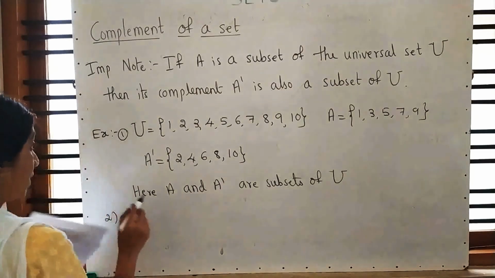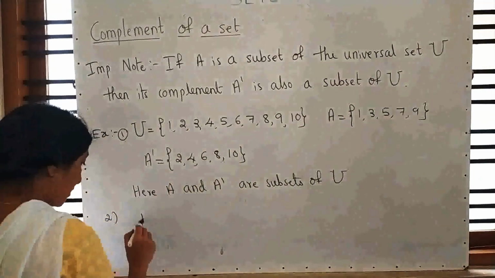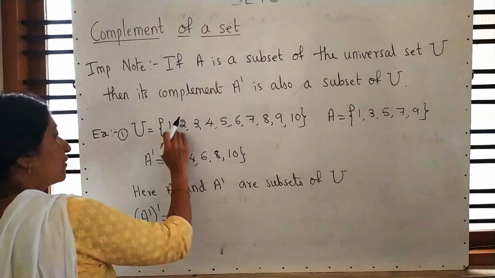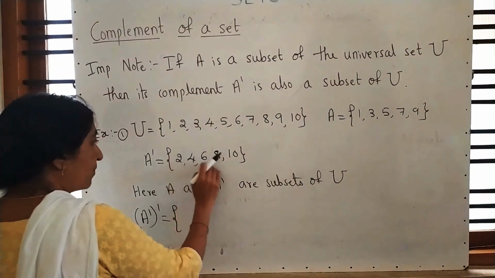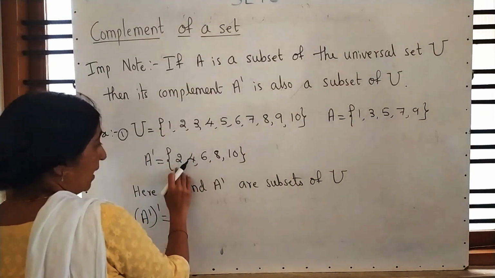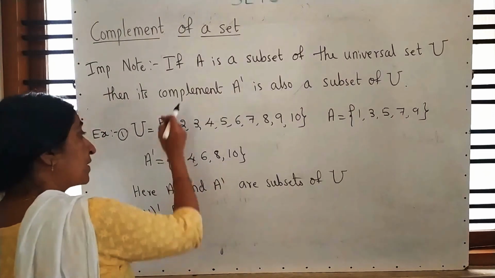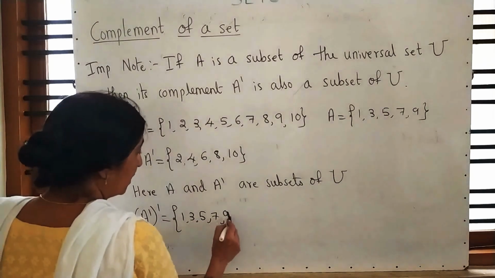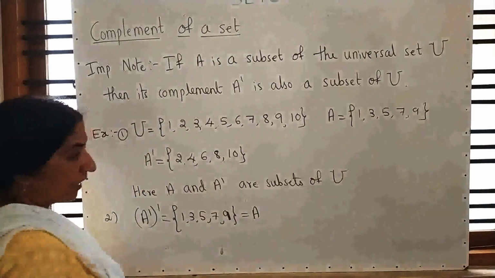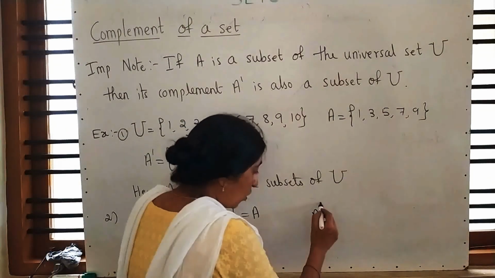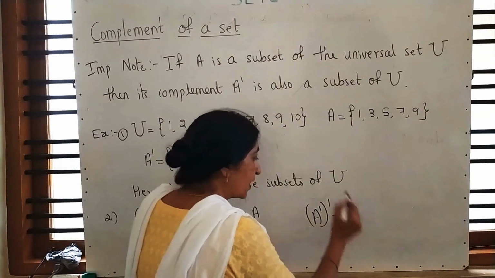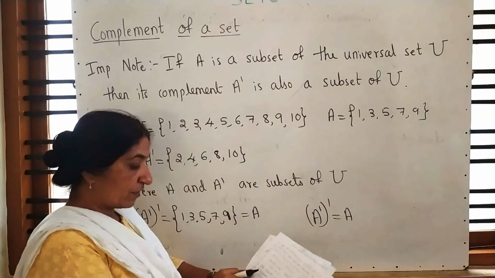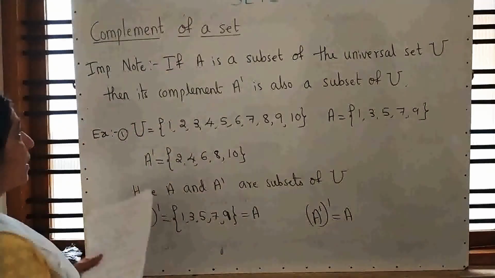In that, the only important thing: A is given, and its complement. See, what is the complement of a complement set? Now you have to compare this complement with the universal set. Those which are present in A dash, don't write. Those which are not present but present in U, write down. Then it gives you one important property. This is nothing but A. That means, what is that important property? The complement of a complement set is A itself. If you take the complement two times, again you will get set A only. That is very important. Now I will give one more example.